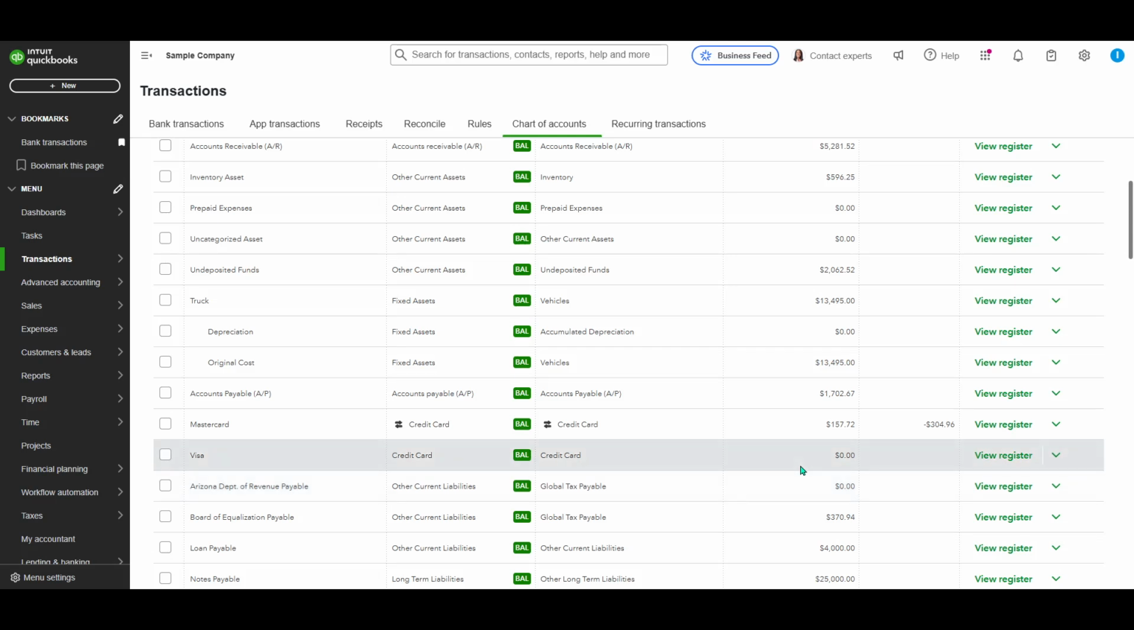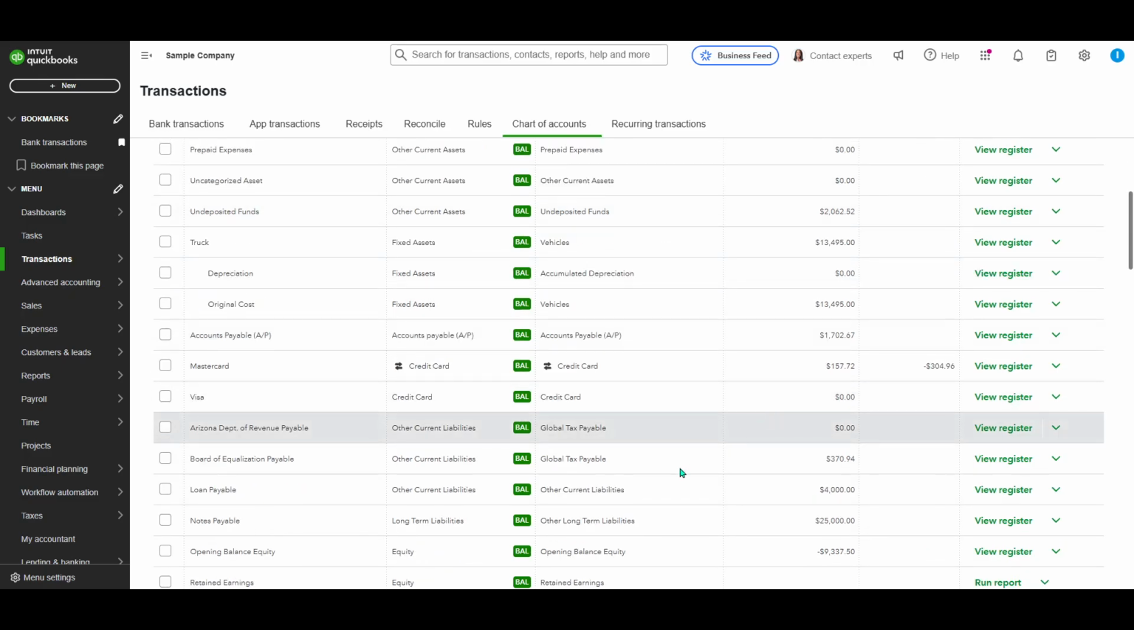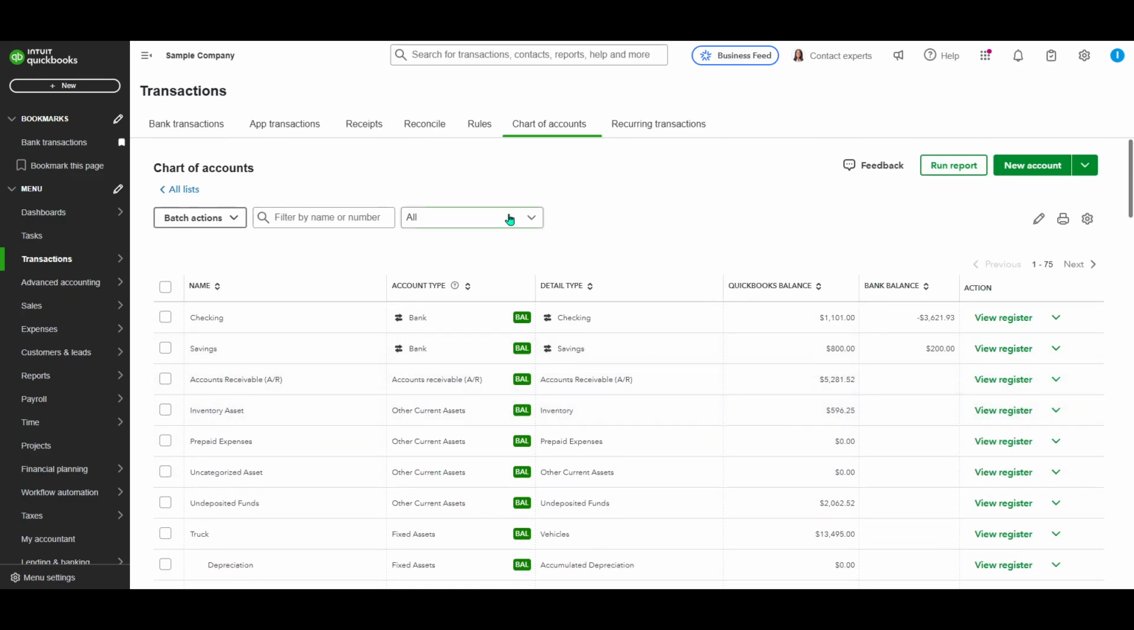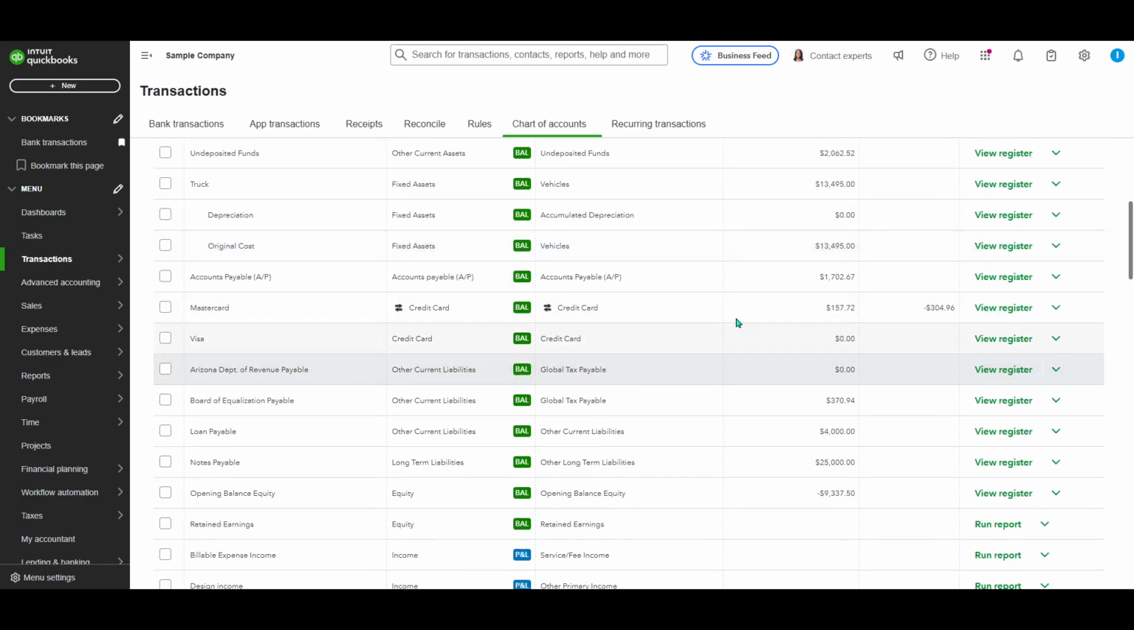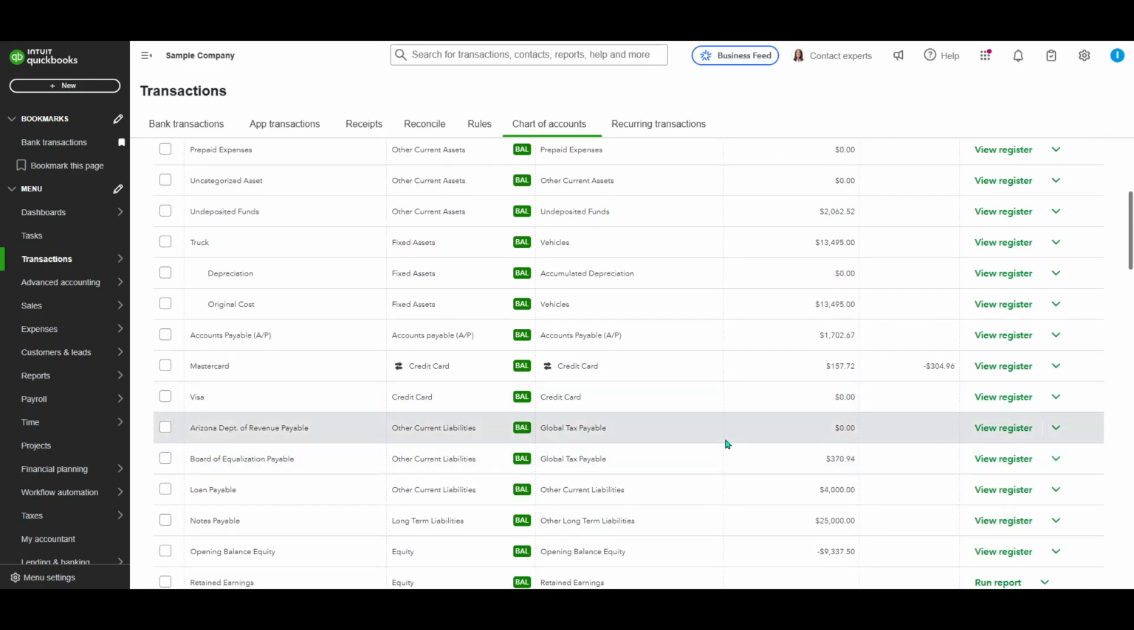As a final tip, remember that you can always reactivate an account if the need arises in the future. To do this, go back to your chart of accounts and change the filter settings to show inactive accounts. Find the account you wish to bring back and just click on the Make Active button to restore it to your active list. This flexibility is one of QuickBooks Online's greatest strengths, giving you control while maintaining the integrity of